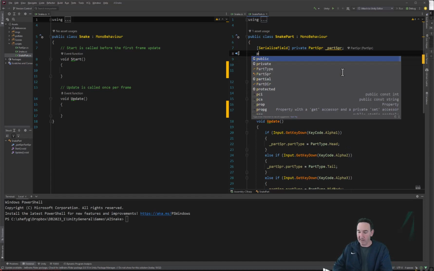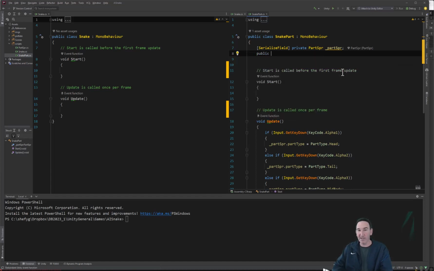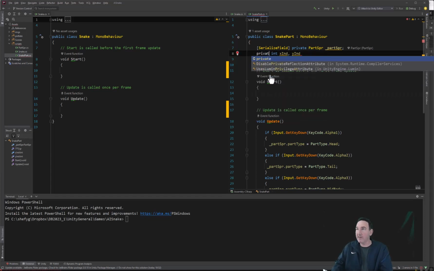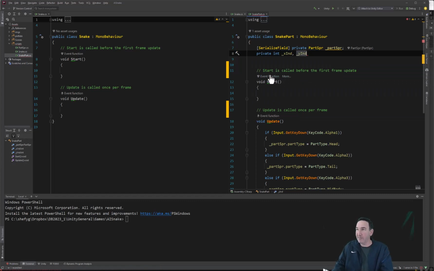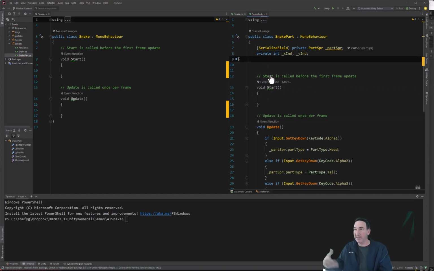I'll put it like public, which is probably not the best way. Public int, and I'll call it X index and Y index. And you know what? I should actually use private for that, X index and Y index, and use properties as before, because again, it's something that needs to update along. So private int X index and Y index, and I'll use a public X index,